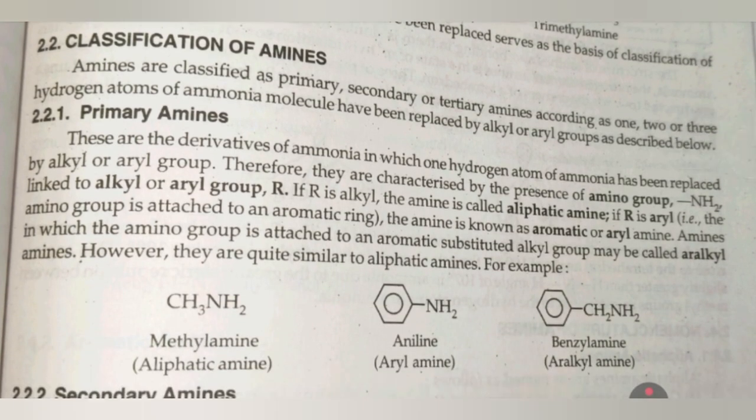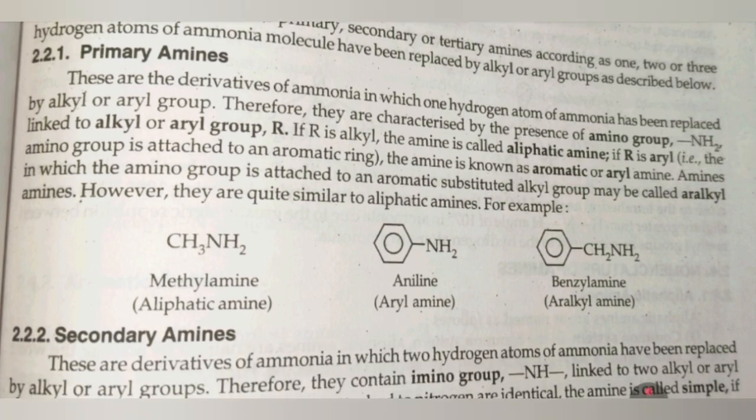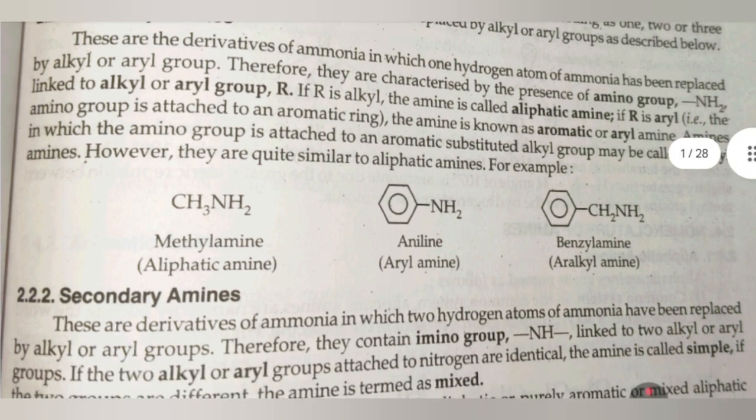Classification of amines. Amines are classified as primary, secondary, or tertiary amines according as 1, 2, or 3 hydrogen atoms of the ammonia molecule have been replaced by alkyl or aryl groups, as described below. Primary amines. These are derivatives of ammonia in which one hydrogen atom of ammonia has been replaced by an alkyl or aryl group. Therefore, they are characterized by the presence of the amino group NH2 linked to an alkyl or aryl group